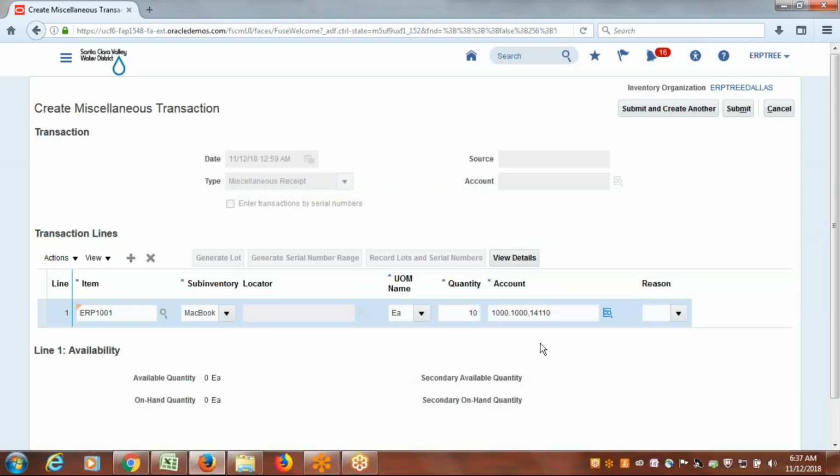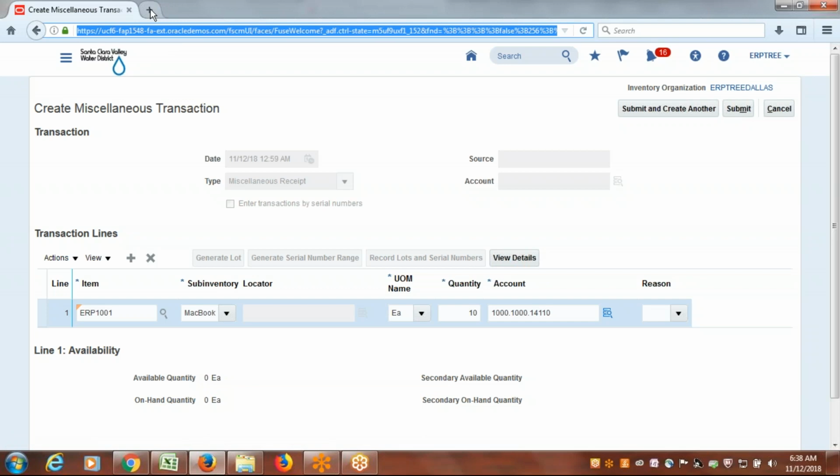System is accepted. Now whatever we are testing, we are doing within the vision instance for our classes. We are performing this within the vision instance. When you are practicing on the vision instance, in most of the vision instances, we have an issue. When you select this account code combination, system is not accepting. System is not accepting. So what we can do is,